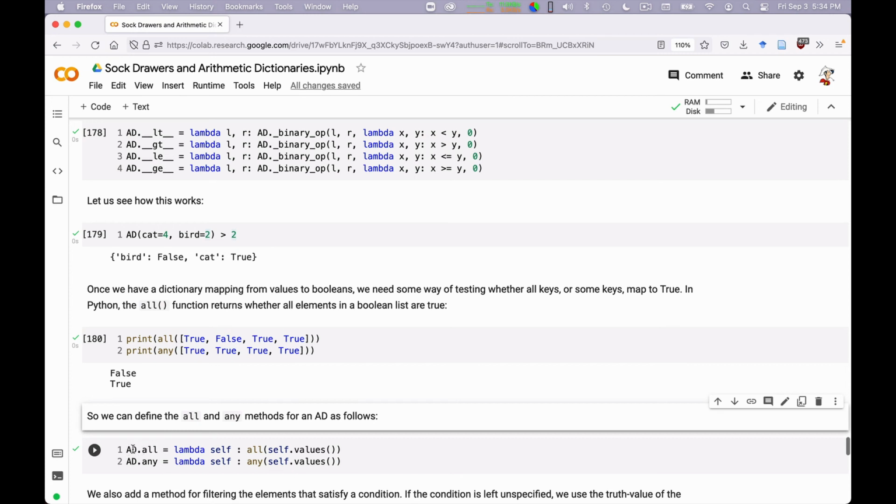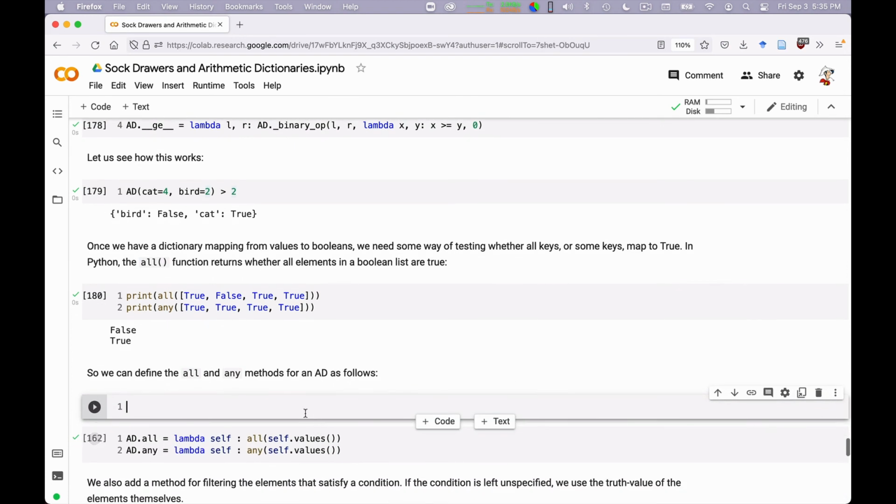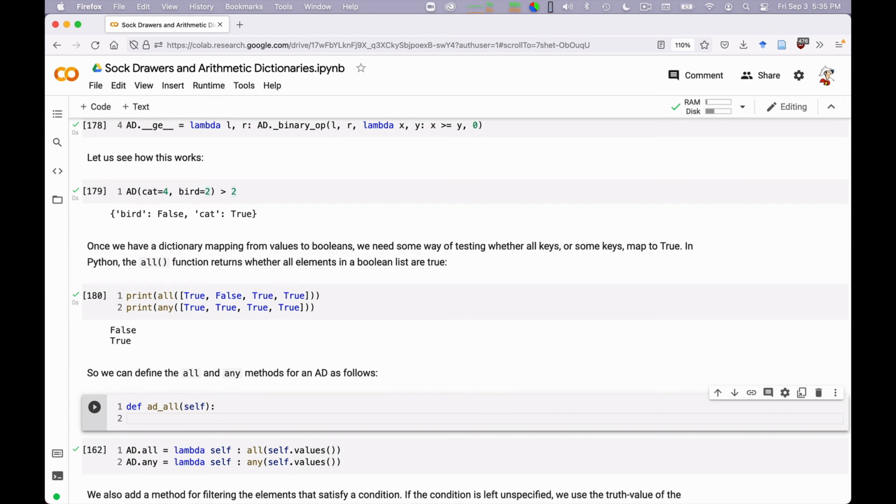Okay? And I can define it in this incredibly concise way. I say the arithmetic dictionary .all method is a method that takes self and returns all of self values. Again, the slow definition would have been something like this. Def AD all of self. Okay? And then I would have said return all of self.values.